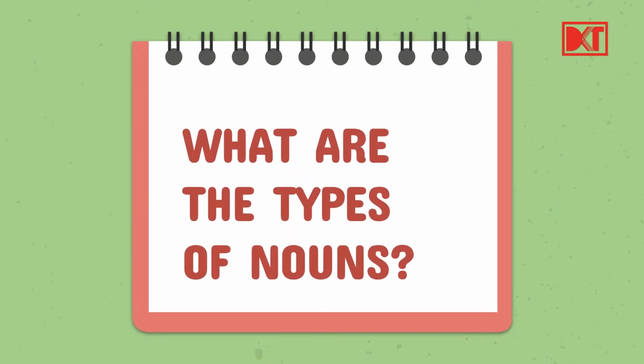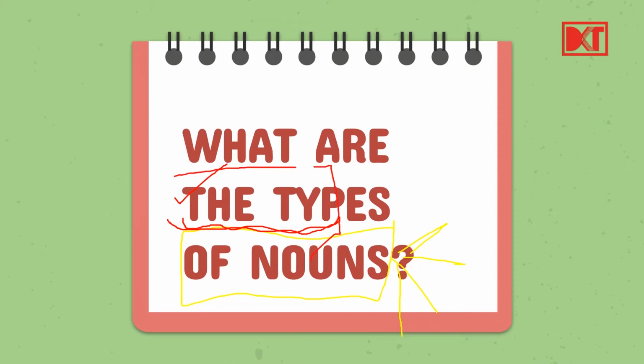Well, now that we have understood what exactly nouns are, okay, noun is person, place, animal, thing. So now we will do what are the types of nouns. Nouns have various types and we will study each of them with their certain examples and then we will apply them to the questions. So what are the various types of nouns?